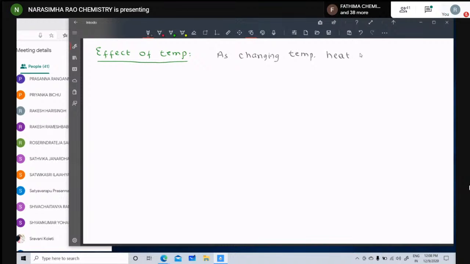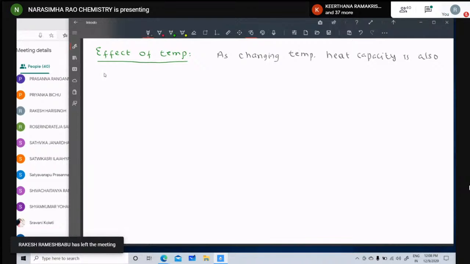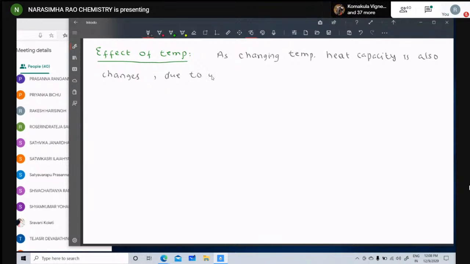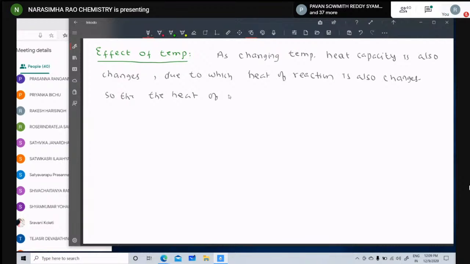Heat capacity also changes, due to which the heat of reaction also changes, so that the heat of reaction is expressed in terms of standard heat of reaction,